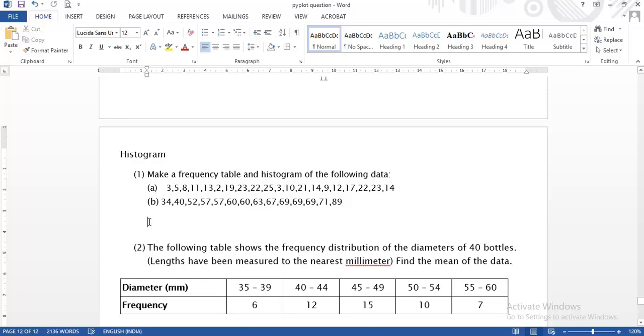I will first find how much data falls between 0 to 10, then the second class interval 10 to 20, then 30 to 40, and so on. And on the basis of this frequency, I will construct a chart.